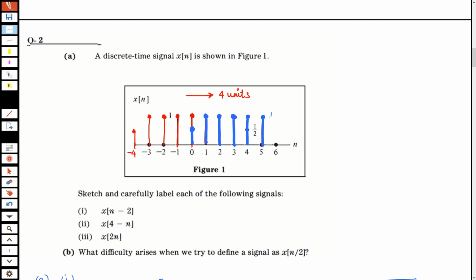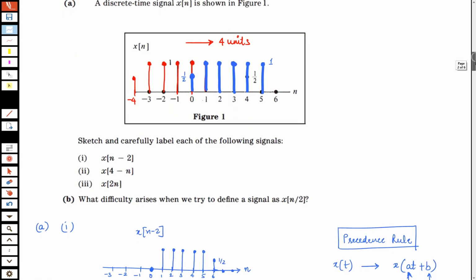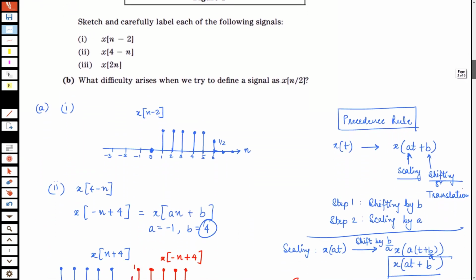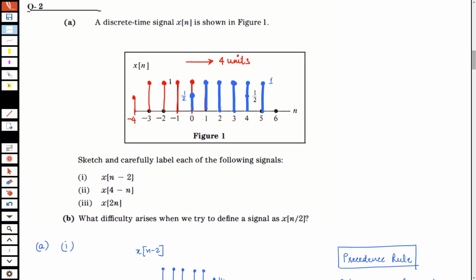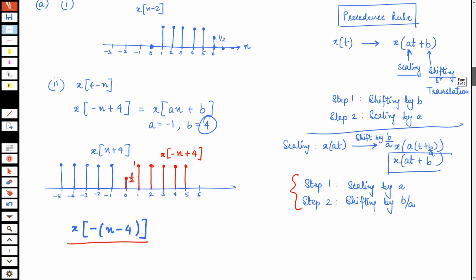These are values 1. This is value half. Is this the same that we got in the previous case? Yes. Starts from 0 up to 5, starts from 0 up to 5, right? So this is important to understand